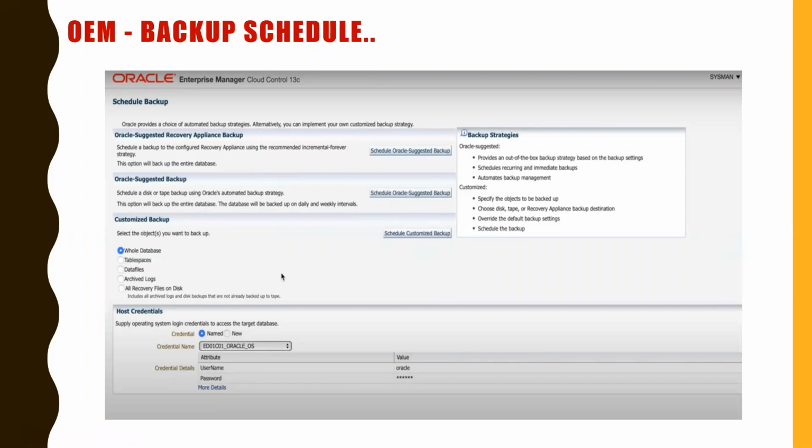The prerequisite is that for the first time we need to have a level 0 backup taken. So we can choose the second option, and it will perform a level 0 backup. Even if we choose a level 1 backup by mistake, it will consider that the database has been registered for the first time in the catalog, and it will perform a level 0 backup, with that complete RMAN script.